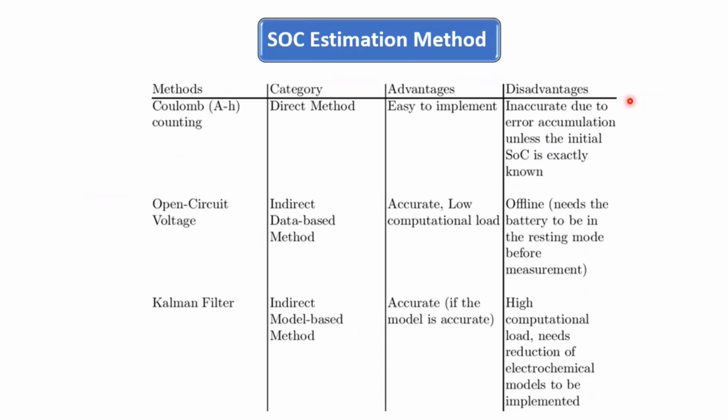So this SOC estimation can be done in different ways. One is the Coulomb count method. It is very easy, it is like integration. You can estimate how much electron charge is flowing. But it is a very direct method, and it is not an accurate method, because whenever any surge is there, that estimation will lose its accuracy.